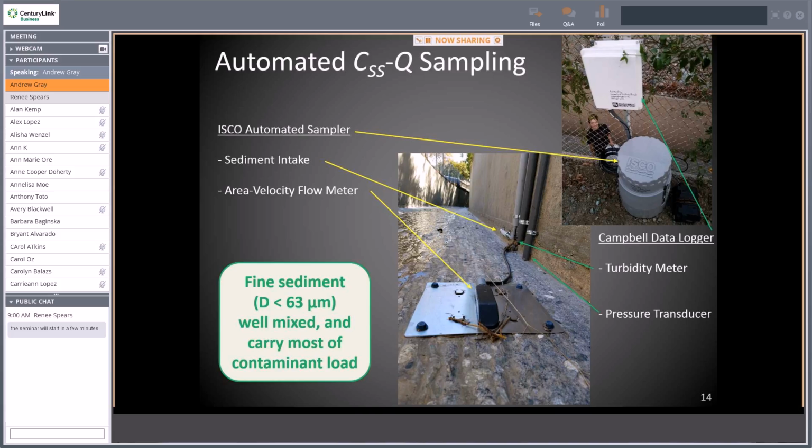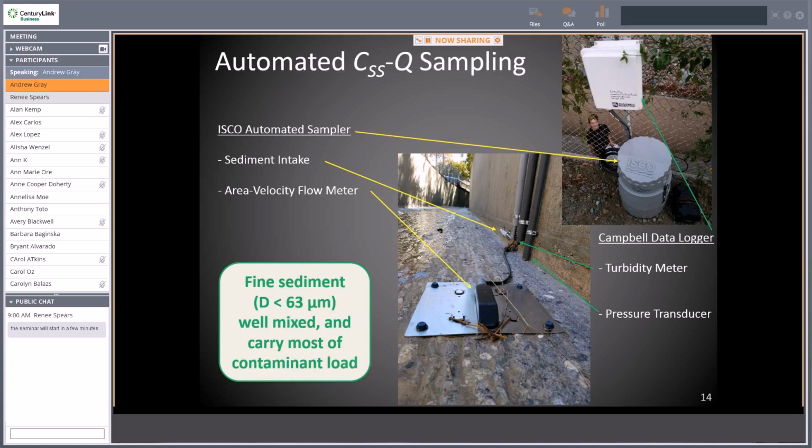But if we keep in mind that one of our major interests really is fine sediment and fine sediment-associated contaminants, then we can skip around the issue of the concentration depth profile and get towards more automated methods where we can reasonably convince ourselves that the fine sediment is well distributed throughout the fluid depth profile. In this case, we can set up automated sampling